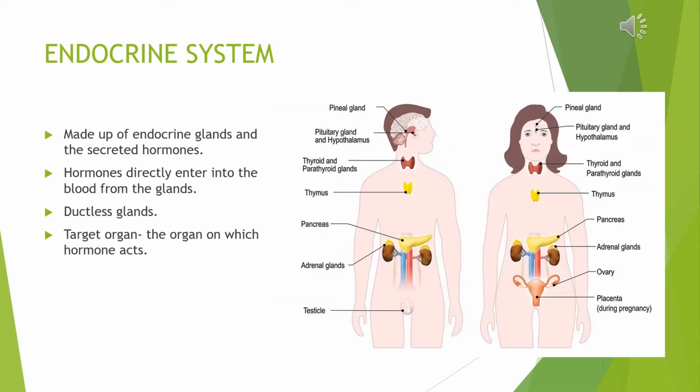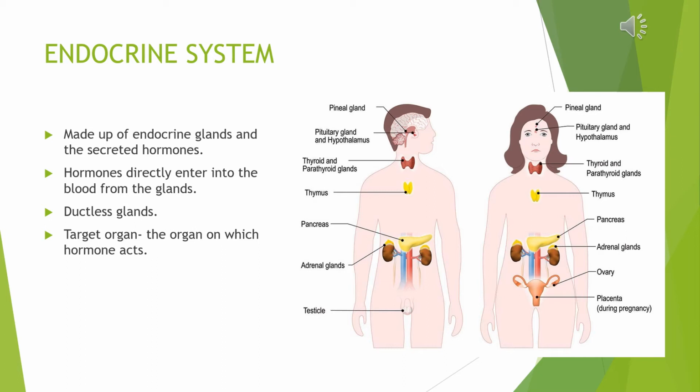The systems of the human body are made up of different organs, and they are assigned a particular work. For example, the digestive system is made up of many organs like the stomach, the mouth, the esophagus, the liver, the small and large intestine, etc. And they are assigned the work of digestion of food.